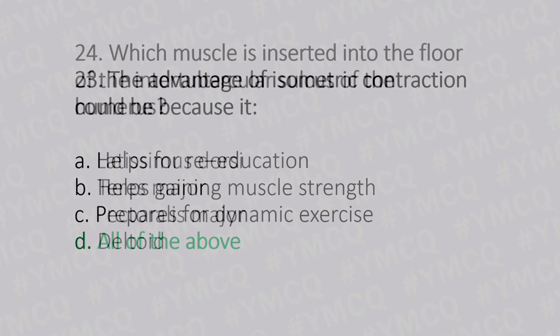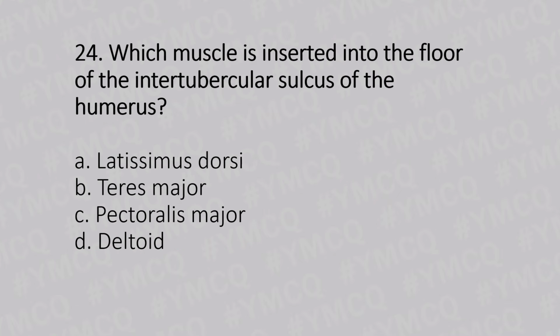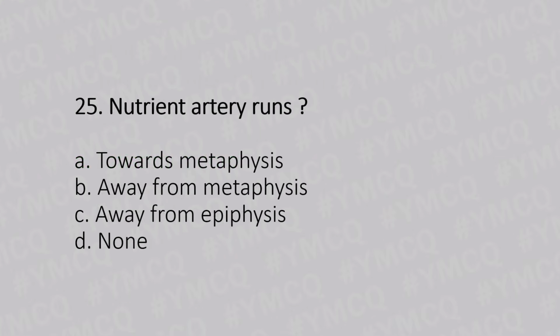Moving to our 24th question, which muscle is inserted into the floor of intertubercular sulcus of the humerus? Option A, latissimus dorsi, option B, teres major, option C, pectoralis major, option D, deltoid, and the answer is option A, latissimus dorsi. Moving to our 25th question, nutrient artery runs. Option A, towards metaphysis, option B, away from metaphysis, option C, away from epiphysis, option D, none, and the answer is